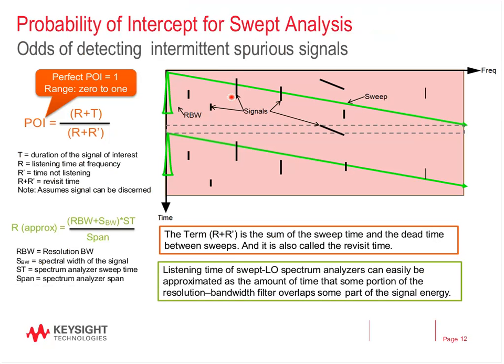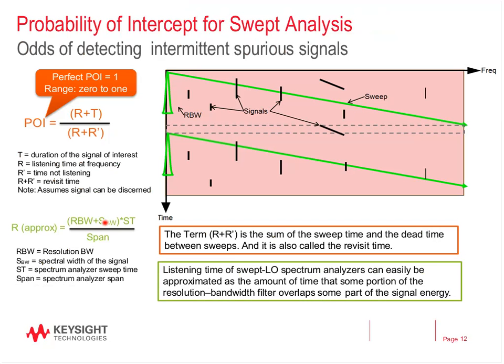And here we have a graph in time and frequency. As they randomly show up, the only way you're going to capture them is if the spur happens to show up right when the analyzer is sweeping through that frequency space in time. This brings us back to what's called the probability of intercept. Here we have an equation that describes the probability of intercept, and it's a function of basically your sweep time, the span, your res bandwidth, and how long your signal is present